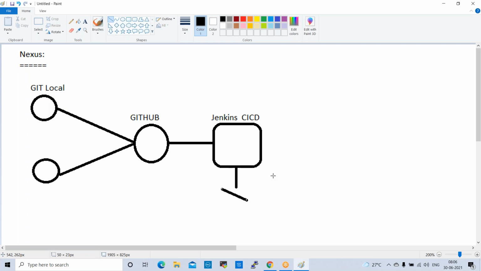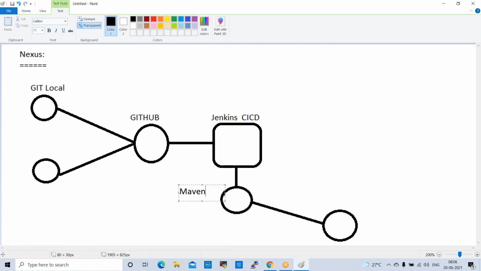Maven will generate artifacts. So this is Nexus. Fine.